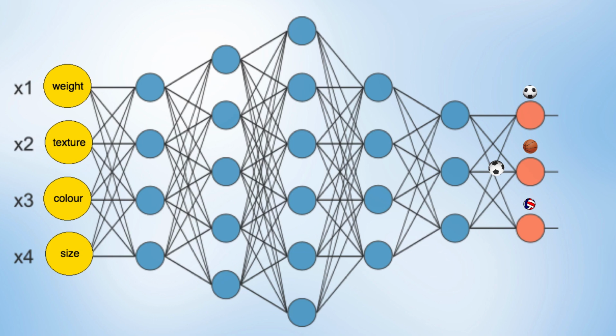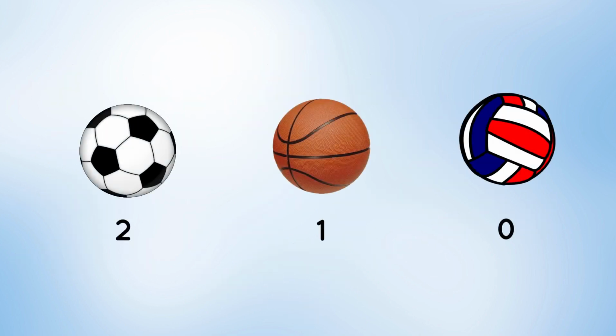So let's assume after passing our inputs throughout the entire depth of the neural network, as the inputs are constantly being combined through the weights and biases of our network, eventually the network outputs 3 scores, such that the chances of our ball being a soccer ball gets a score of 2, the basketball gets a score of 1, and finally the volleyball gets a score of 0. These scores are nice to have, I guess, but I don't know about you, they don't really mean anything to me, unless I'm able to convert these scores into probabilities,